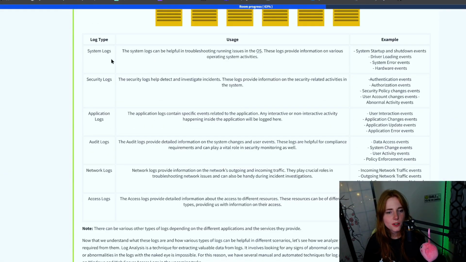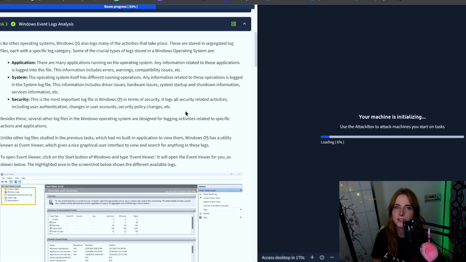Types of logs. We have system logs, security logs, application logs, audit logs, network logs, access logs. So tons of logs. For example, security logs: authentication events, authorization events, security policy change events, things of that nature. Okay, event log analysis. While this is loading up, we have application logs, dealing with applications, system logs, dealing with the operating system, security,